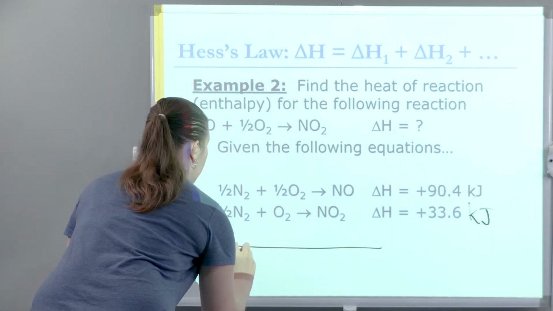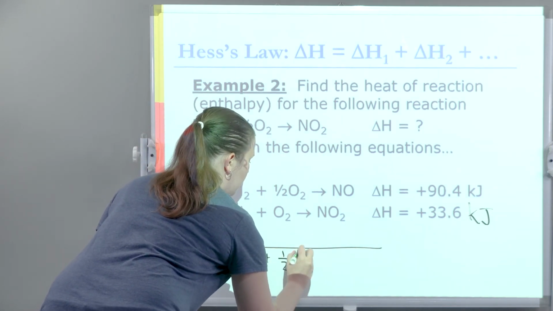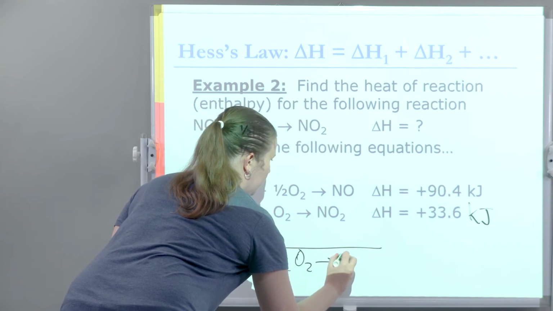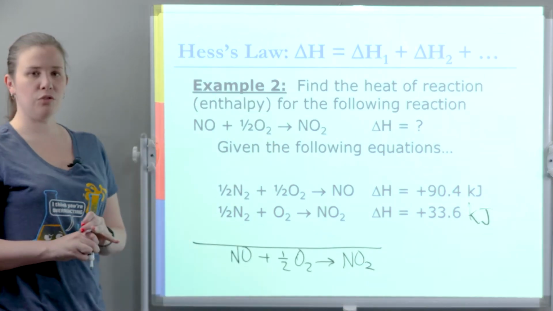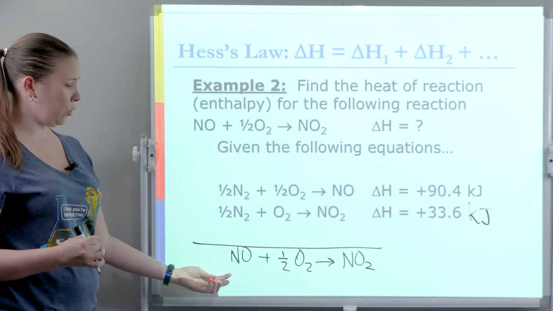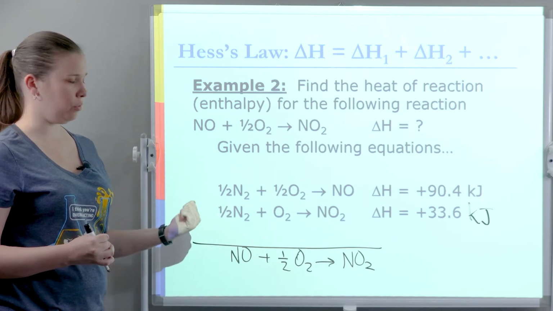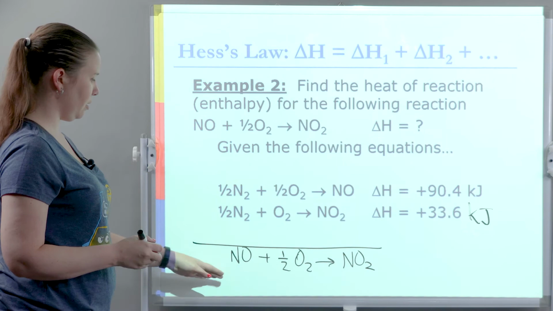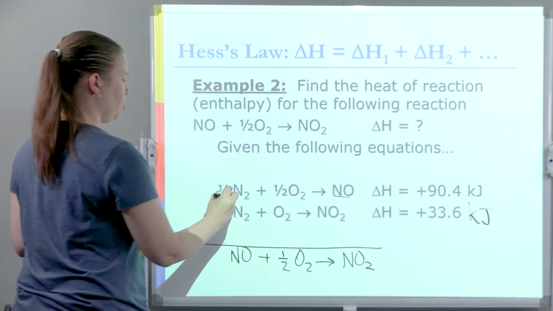So I'm trying to get NO and half a mole of oxygen as my reactants, and then 1 mole of NO2 as my product. So let's first make sure everything exists where it should. Do I have NO on the reactant side? Ironically, no, we do not have NO on the reactant side. The only place it exists is over here on our product side,